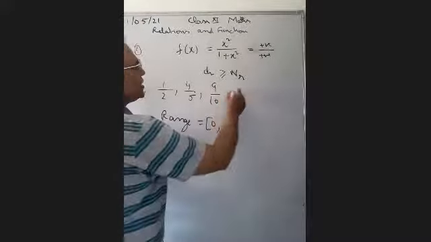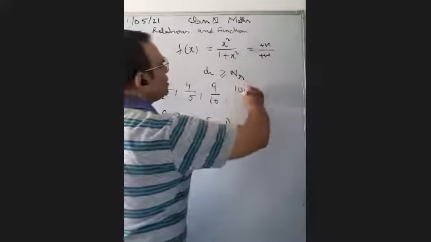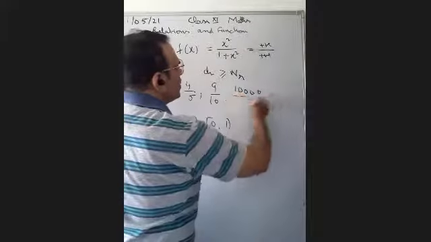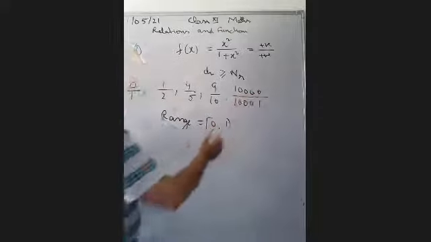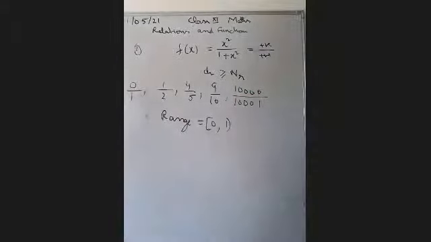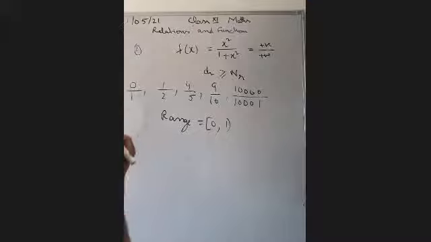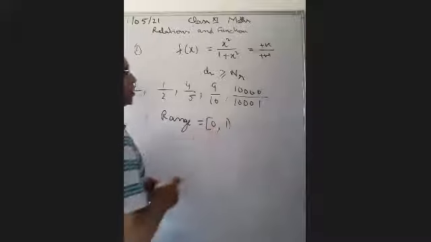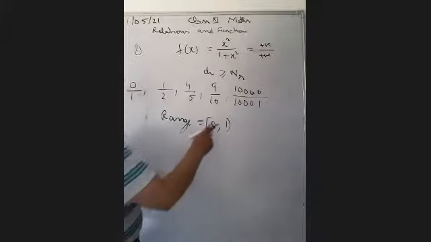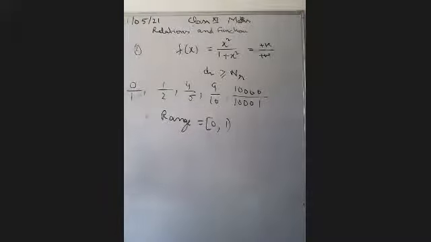Suppose if you take here, in place of x, 100, so you will get 10,000 divided by 10,001. So it is very close to 1. You will get a 0.99-something number, है ना. But it will not always be equal to 1. ये कभी भी, it cannot be equal to 1. ठीक है. So maximum value we are writing only in open interval. The range is possible from 0 to 1. This is the question number 6.